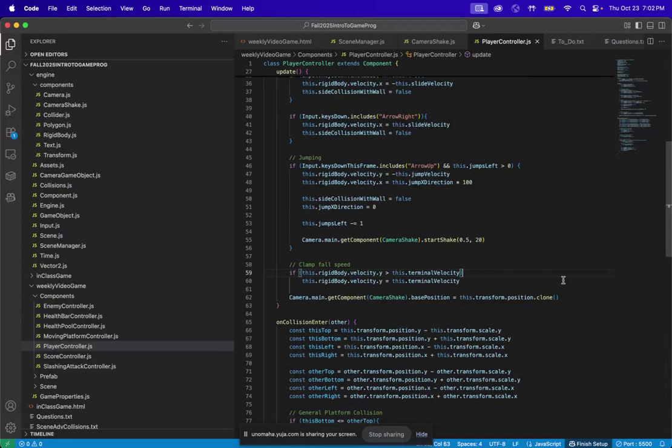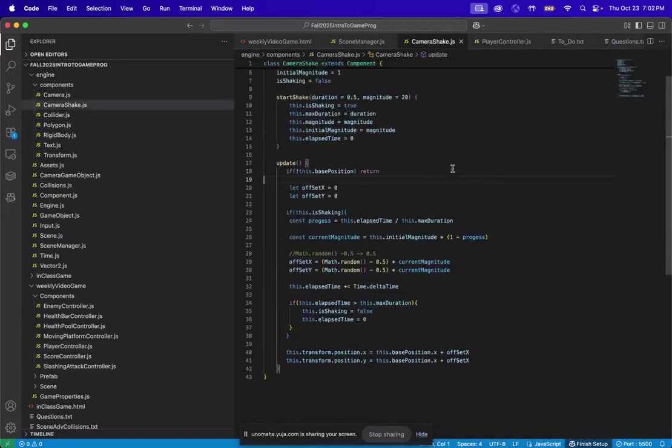The camera shake's base position is this.transform.position.clone(). And when we go to camera shake,